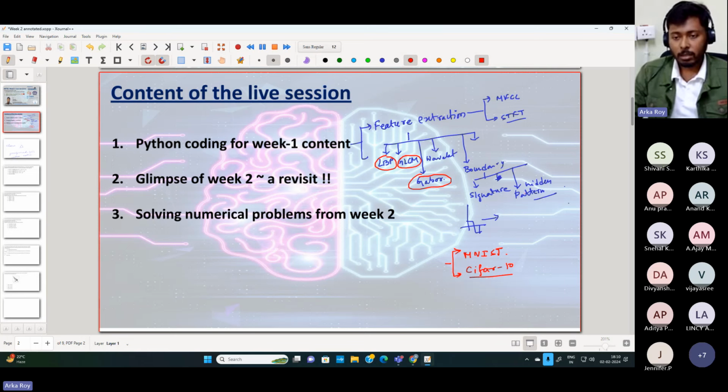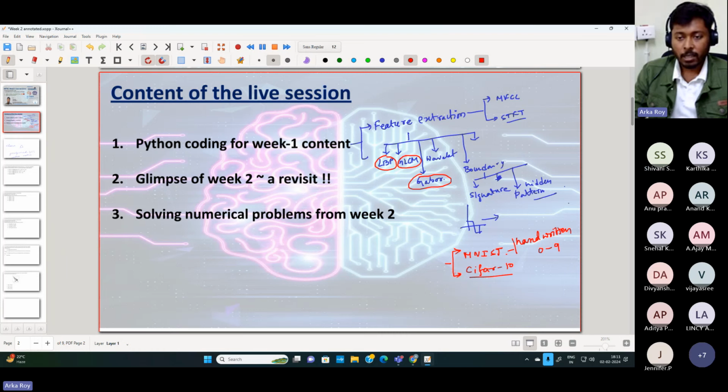The MNIST database basically contains handwritten digits from 0 to 9. And CIFAR-10 has 10 different classes of objects such as truck, car, frog, etc. So we'll see in the coding session itself what the classes are there in the CIFAR-10